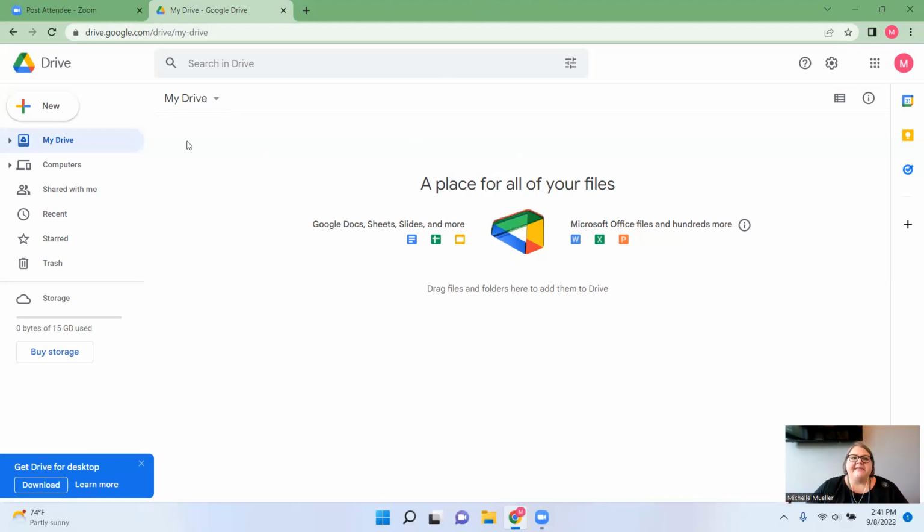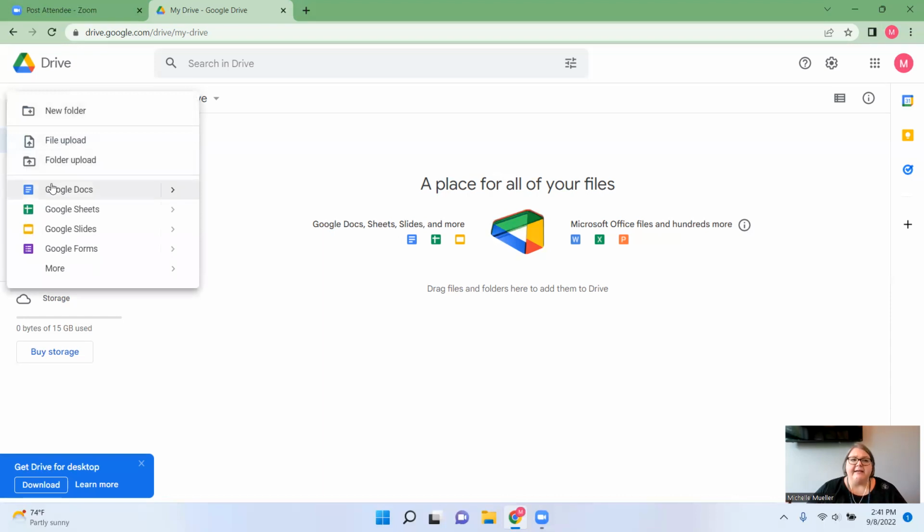Within your Google Drive, you can access all of the software options here too. So your files live here, but you can also access Google Docs, Google Sheets, Google Slides, Google Forms, and more. So what are these? These are all free software offered by Google. And you may not be familiar with them, but they're kind of analogous to the Microsoft Office Suite. So if you are familiar with Microsoft Office, so Microsoft Word, Google Docs is going to be similar enough